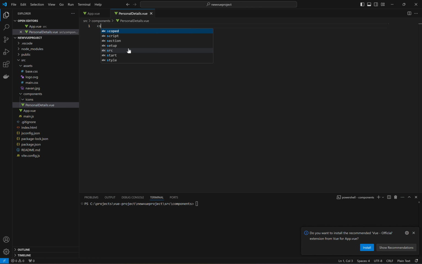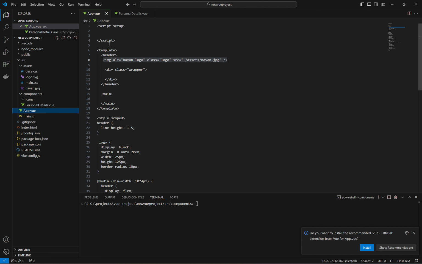So now I need a script setup and then script. And if I want to add any HTML elements, I need the template. So this is a basic component, but it doesn't have any HTML elements or any code or properties defined yet. But we can see this in action, whether everything is fine at this point. So I'll have to import that, import